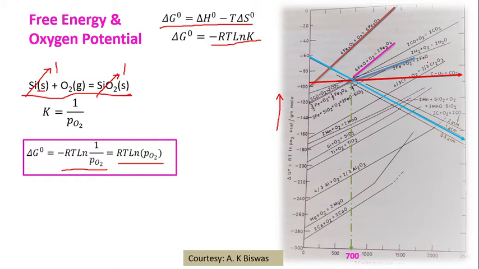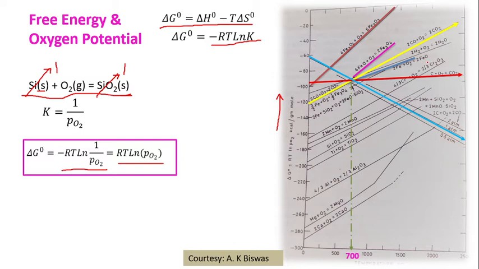Because the carbon monoxide line goes down after that point up to the intersection, it will be more stable. So carbon monoxide will be stable at more than 900 degrees centigrade, 700 degrees centigrade. The other line, carbon monoxide plus oxygen giving carbon dioxide, also intersects the other two lines at 700 degrees centigrade. This line decides the carbon monoxide to carbon dioxide content of the gaseous phase.